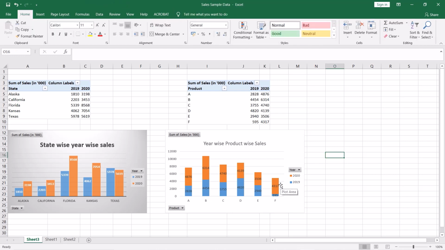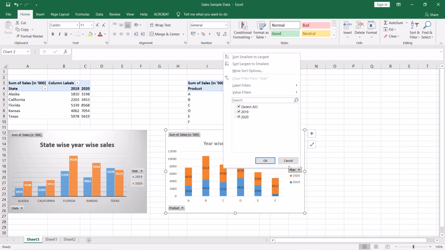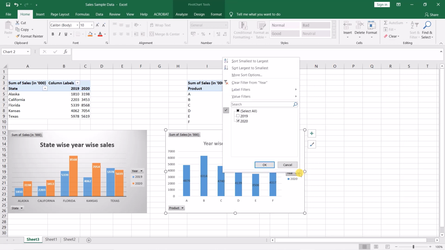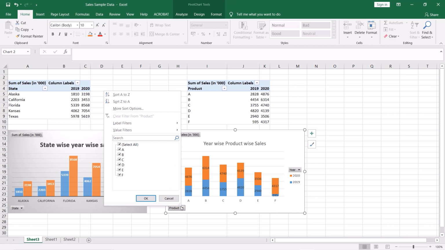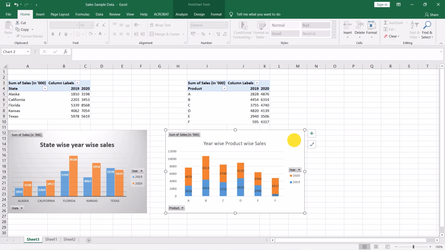You can filter the data from here also, like this. From here also you can select the particular product if required. Now you can change the style also.